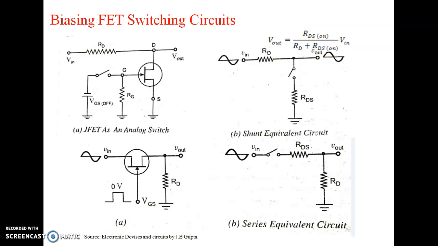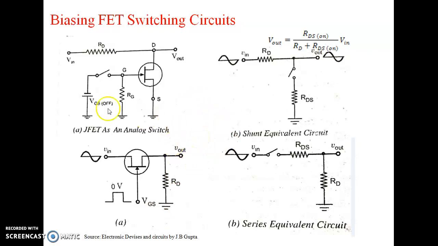So far we have discussed the various JFET biasing techniques. Next we will go with the switching applications. FET is used in digital circuits in computers. FET is used in low frequency amplifiers, and in mixer circuits in FM and TV receivers, and mainly it is considered in switching applications.